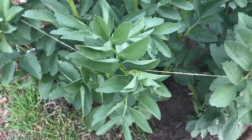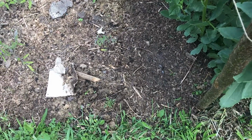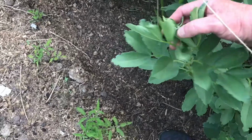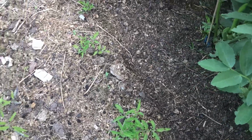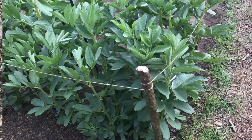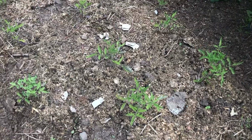Now I think I'll go around, see how it works. It's a way that we've always grown them, and it kind of works for us. People grow them in different ways, I'm sure, but yeah, that's our broad beans. Right next to our broad beans, we're growing these, which are